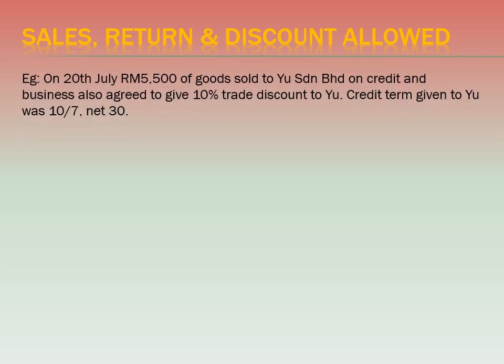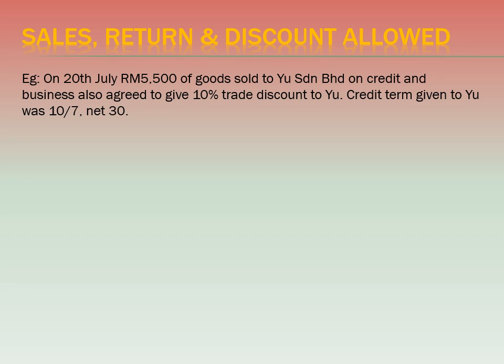Next is an example for sales return and discount allowed. Okay, we will take the example just now, where used number hard had bought on 20th of July, with a 10% discount and credit term. Let's say the credit term we give to you was 10,